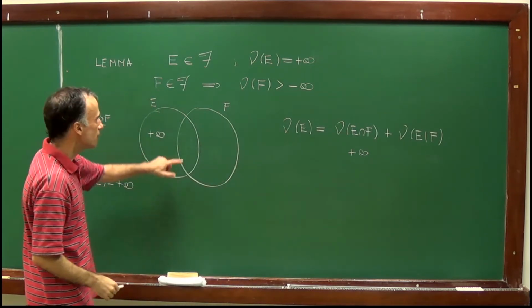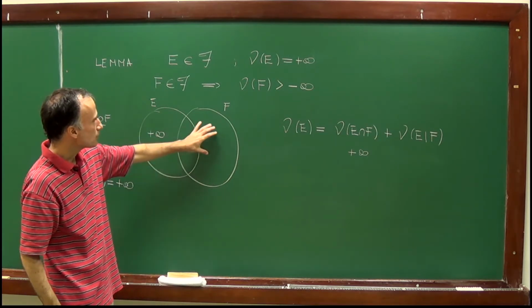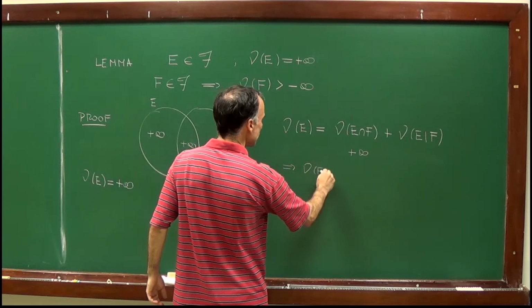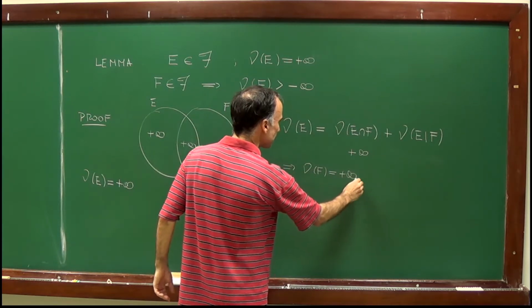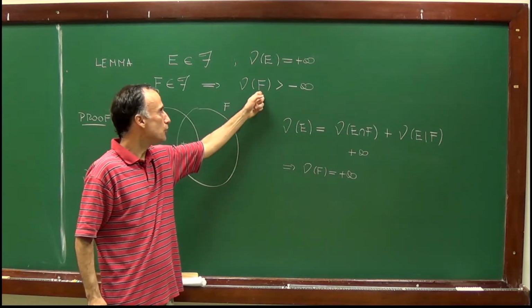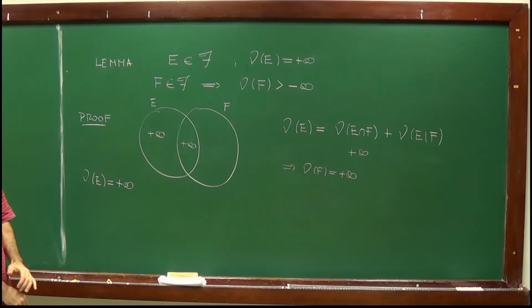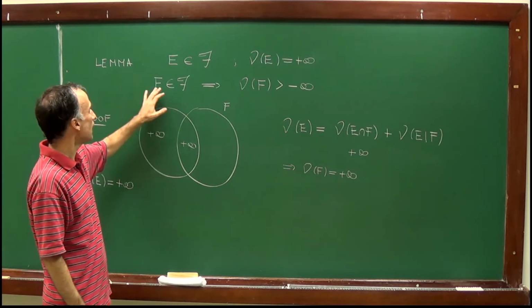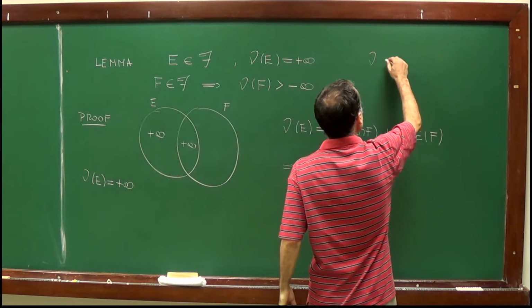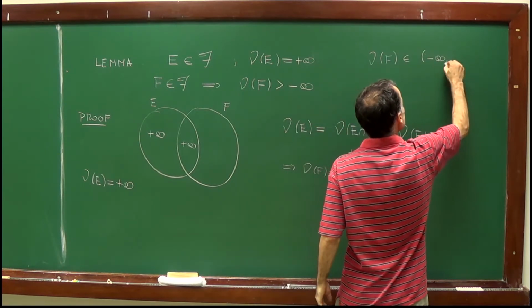So if the measure of the intersection is equal to plus infinity, since the intersection is contained in F, we have seen that in that case nu of F is equal to plus infinity. Okay? And therefore we have seen that in all three cases we can't have nu of F equal to minus infinity. Right? So this proves the lemma, and so the lemma says that either nu takes values